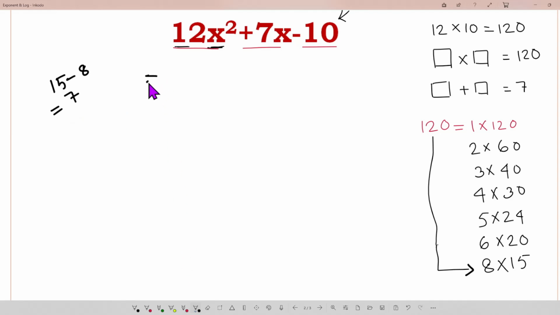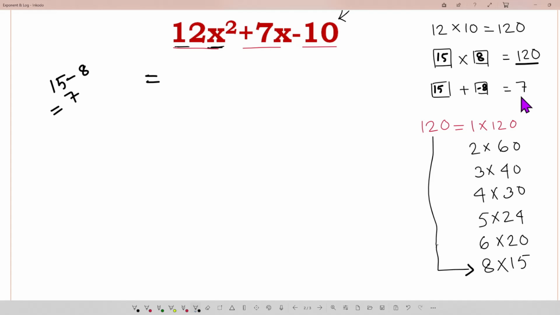Therefore, we can write 15 and 8, which means 120. Similarly, 15 plus minus 7, sorry, minus 8